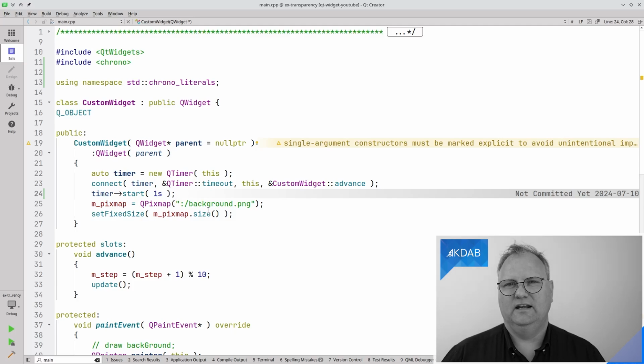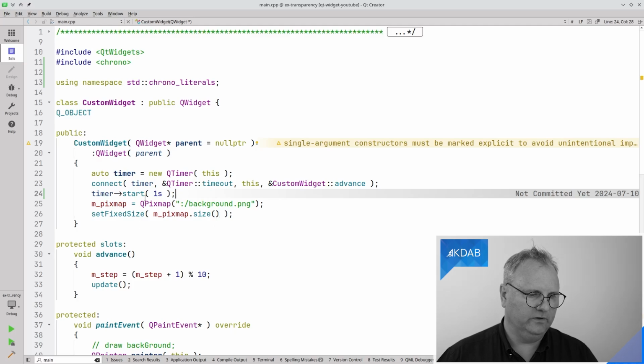As I said, image and pixmap are closer to each other these days, and it's super easy to go from one to the other. But if I know that what I'll be doing with this is to paint it on the screen, I can just as well get it into a pixmap right away. That is the resource system that we saw many episodes ago by now. I say that the thingy here should have a fixed size of the size of the pixmap, because otherwise I'll just be wide around it, which won't look that good.